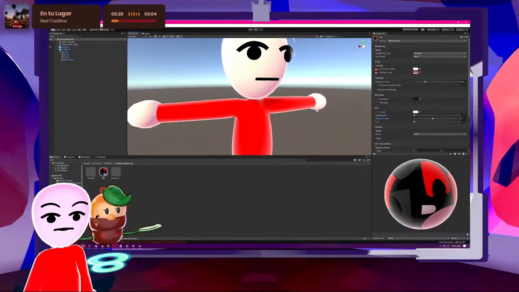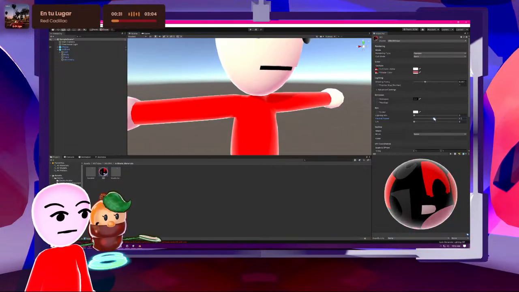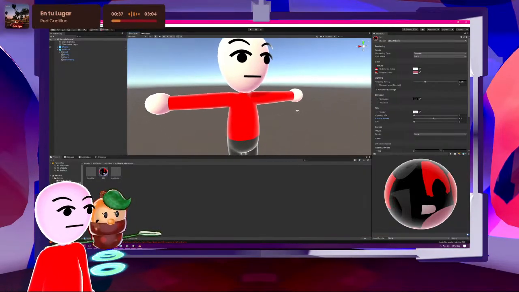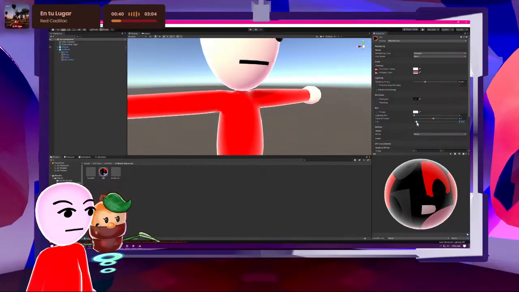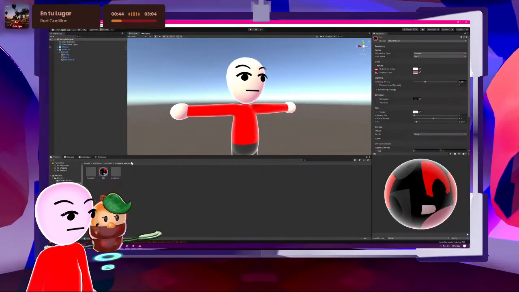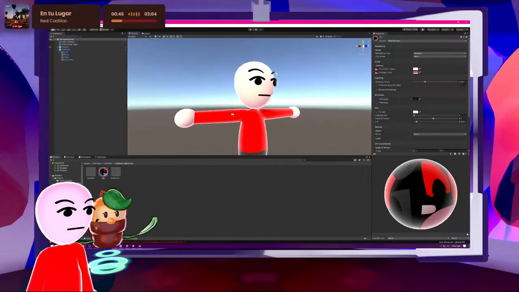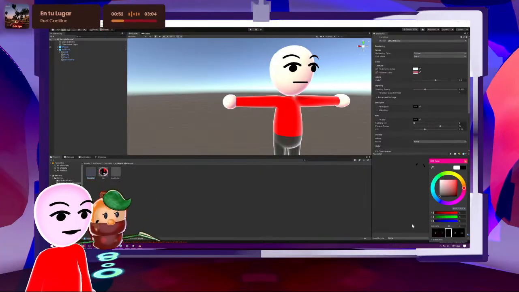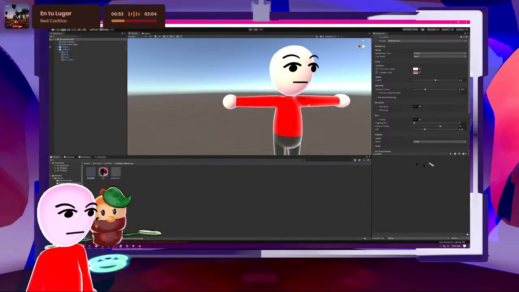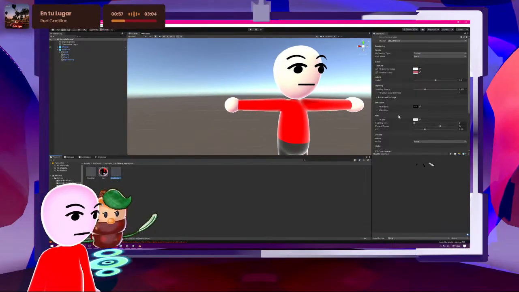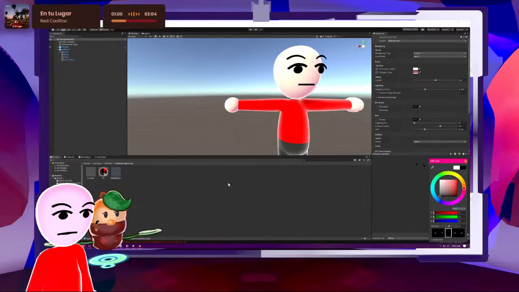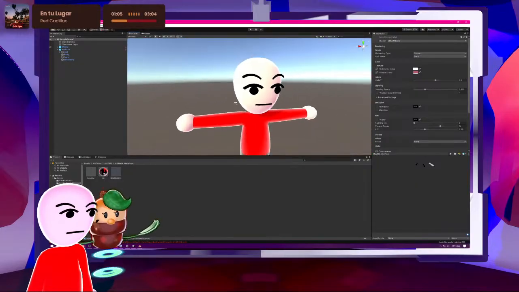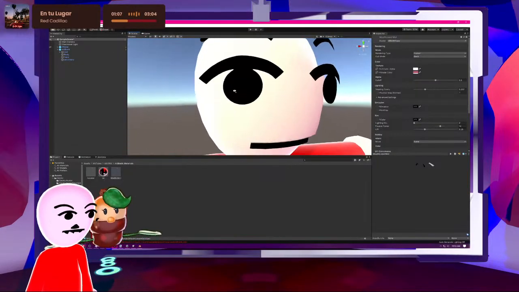Somewhere like that, so it looks less like it's just an outline and more like backlighting. I think I'm honestly gonna turn off the rim on the face. It's nice for that part, but